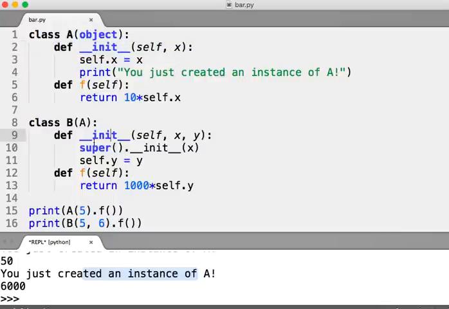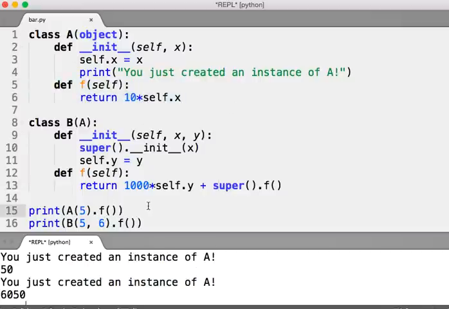Now, so we have overridden init and we've overridden F. They work similarly but differently because F is completely replacing the F above, whereas init is not completely replacing, it's calling the superclass's init and then doing more. You could do the same here because we can do, for instance, this plus super dot F. And now this will do for b of 5, 6, this will be 1,000 times 6, or 6,000, plus the super. It'll go up to the superclass's F and add in this, which is 10 times x, or 50, 6,050. And there is our 6,050 right there. Okay,